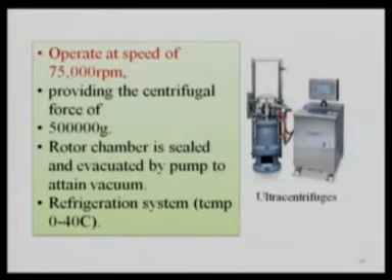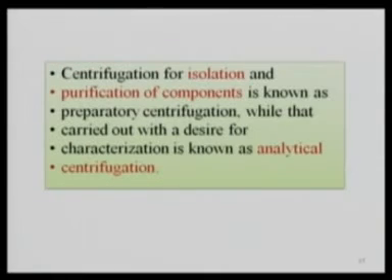The other one, you can see here, is the ultracentrifuge. The name itself says ultra, so it is a new one. And here the best part is you can go up to 75,000 rpm. That's why it is called ultra speed, ultracentrifuge. And the G, that means the force which you can use, is up to 50,000 G. Because of these high forces, this is considered to be an ultracentrifuge, and it is mainly useful for the separation and isolation of components present inside the cell. And you can see this is mainly useful for preparative as well as analytical methods.